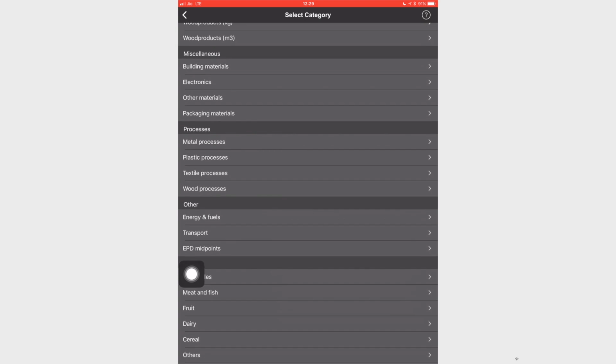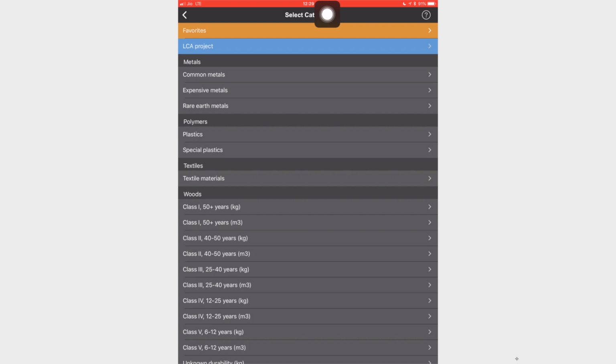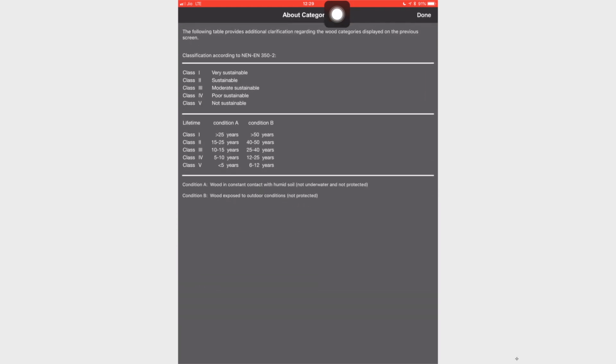You can see there is film LDPE 50 microns, which is a very close thing. So, let's add this one as a process. You can read more about those processes to understand what exactly is covered in the LCA calculation. That will give you a better idea whether you need to select that process or not.